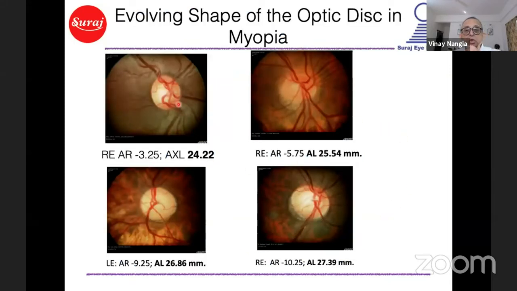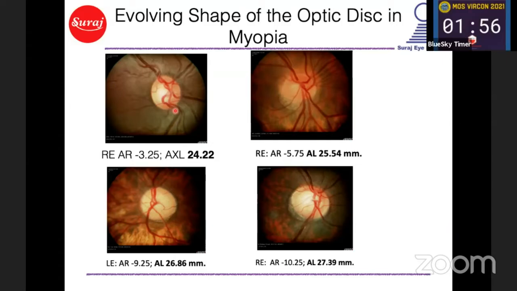And I'd just like to touch on the evolving shape of the optic disc in myopia. The shape is very, very different in patients with myopia. It's very hard to predict what's going to happen, because there are parameters specifically related to increase in the axial length, and where the axial length actually grows, and what happens to the Bruch's membrane, and whether the Bruch's membrane gets pushed out. These are the parameters that are associated with the evolving shape. So when you start with the myopic patient, you're not going to be able to imagine what shape the disc is going to be. When you see a young kid of 10 years, you don't know what shape the disc is going to be.